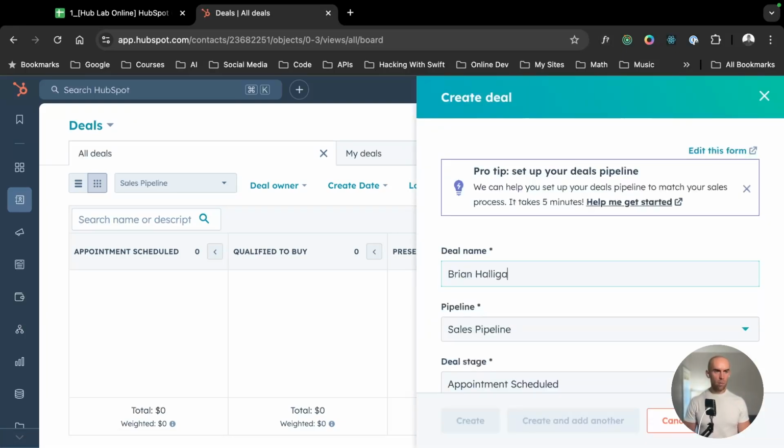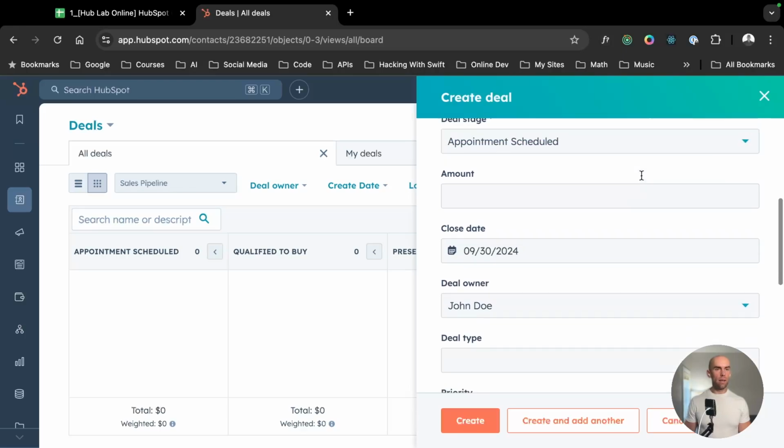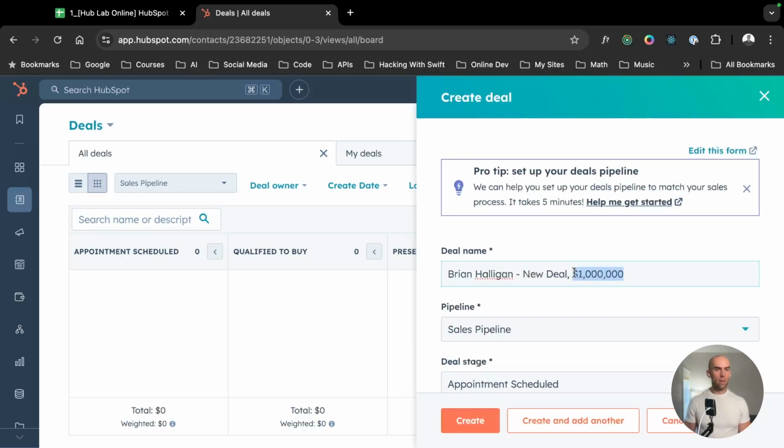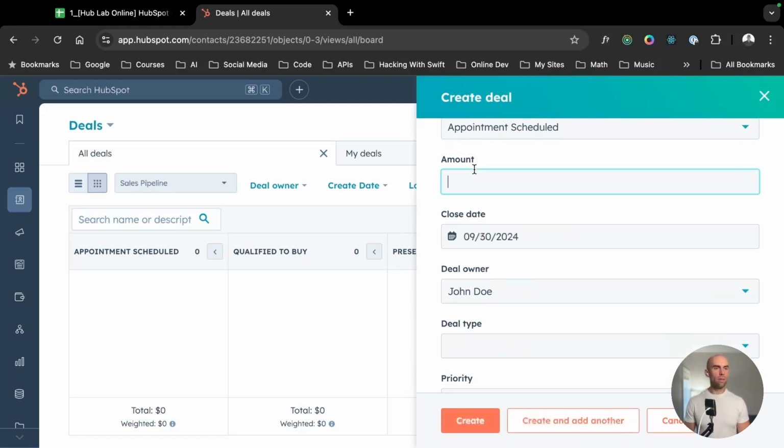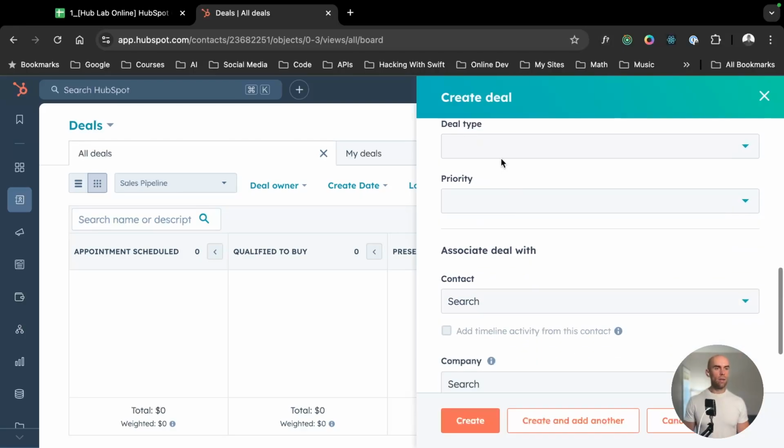So this is going to be Brian Halligan, new deal, right? $1 million, right? And I don't actually need to do this, do I? Because Brian Halligan, new deal, and I'm gonna say, enterprise, customer, all this stuff can be put in different properties we have. I'm gonna say the amount field here, right? Deal type, he has not purchased from us before, and I'm gonna say this is a really high priority deal,